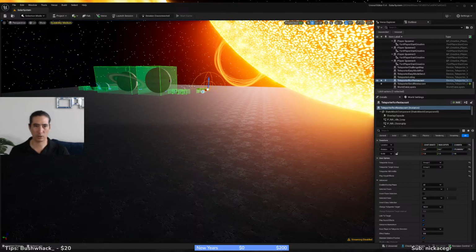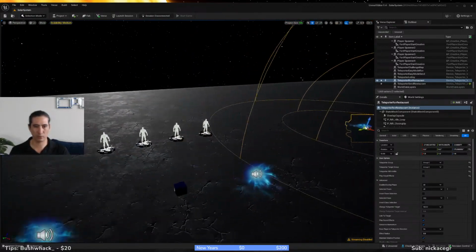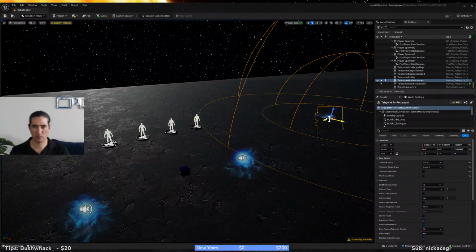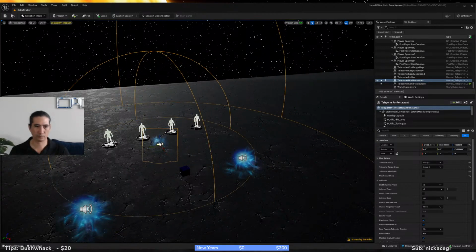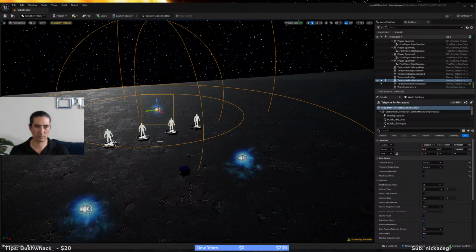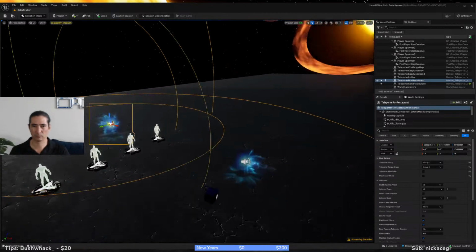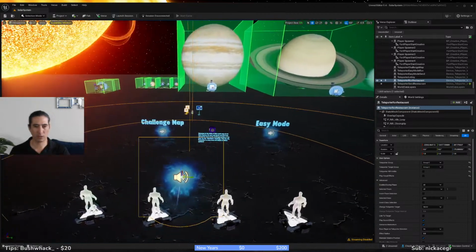So many things have changed since the beginning of this map. Quite extraordinary. Yeah, we'll drop you off right here. Right back at the beginning.